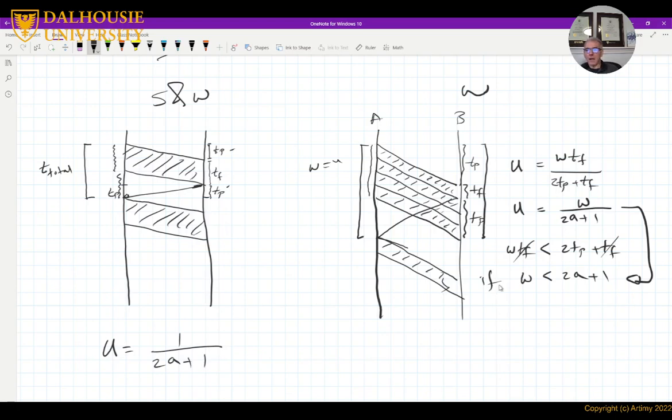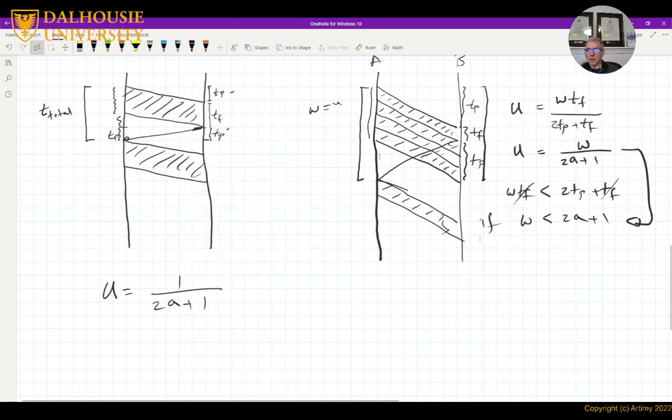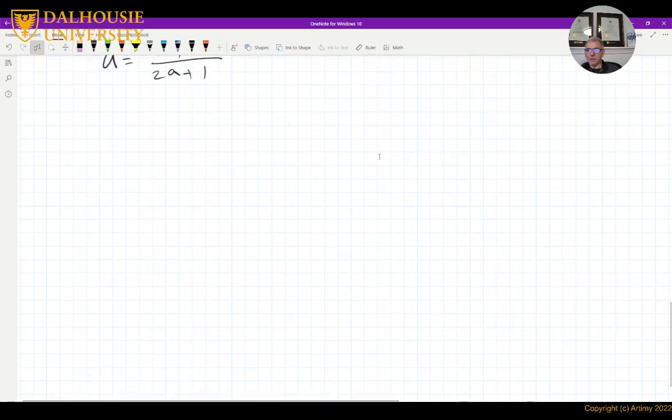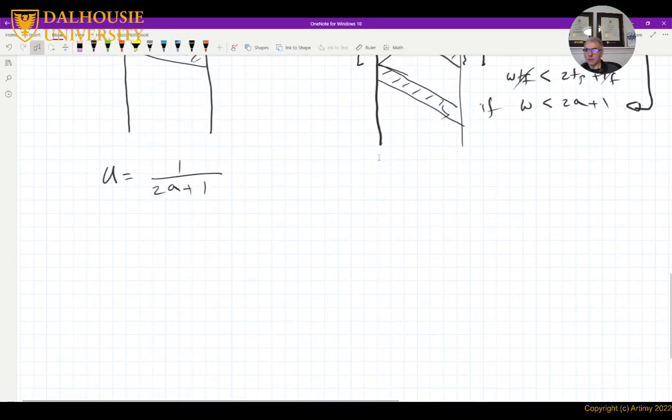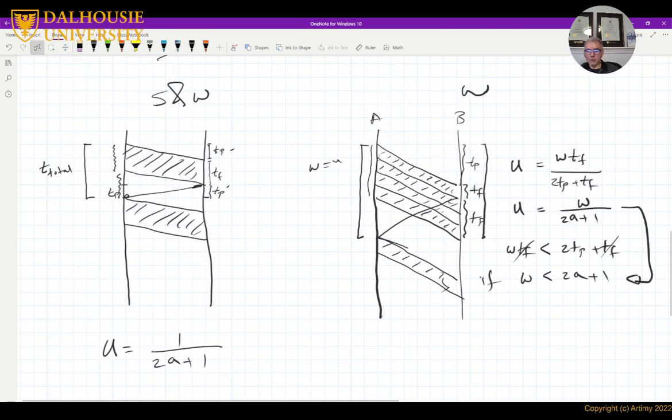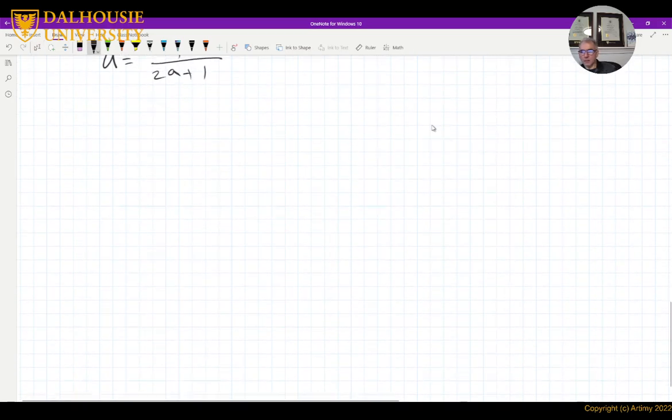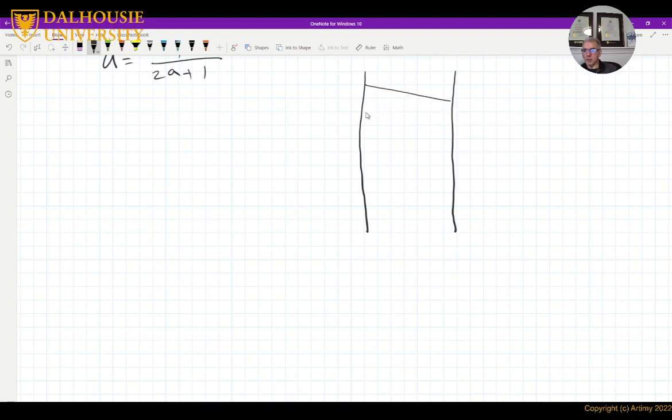Okay, what if, now let's consider another scenario. A scenario where the frame size is actually more than, or TF is greater than TP. So look at the scenario here before, and then we will consider another scenario. So here we have, this is our TF and this is our TP,